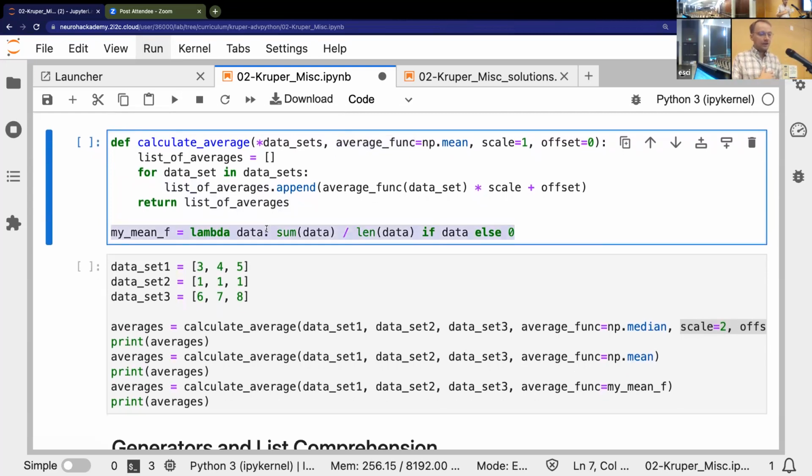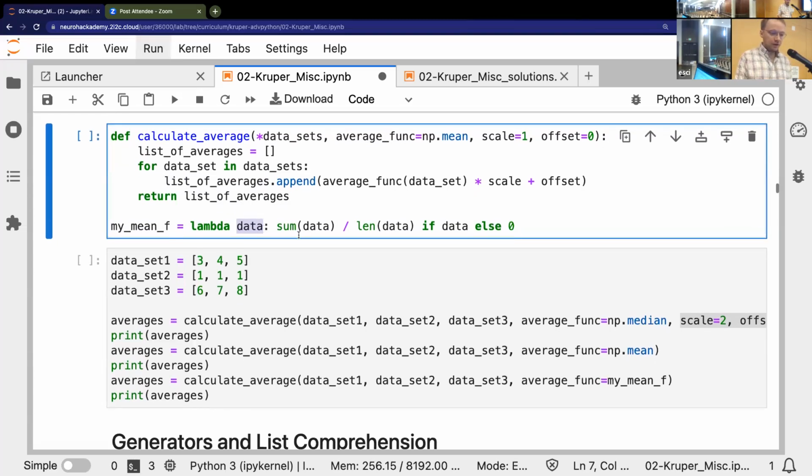And then for the second part of the exercise is this lambda function. The input that it's going to take is some data. That's the name of the variable. And here it's taking the sum of the data and dividing by the length of the data to get the average. And then I also have this check here where it says if data,